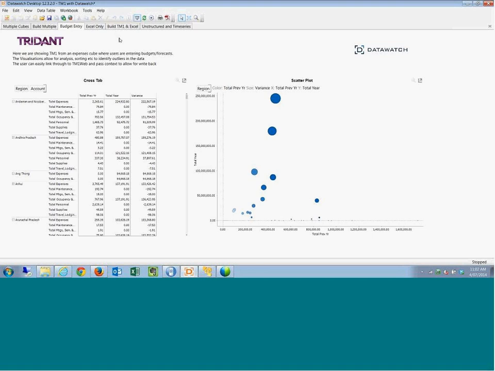In this particular example, we're connecting to an expenses cube here, where the user is entering budgets and forecasts. The visualizations that I've built here allow us to identify maybe some outliers in the data. We're bringing through the previous year that the user has entered in their budgets, their current year, and a variance